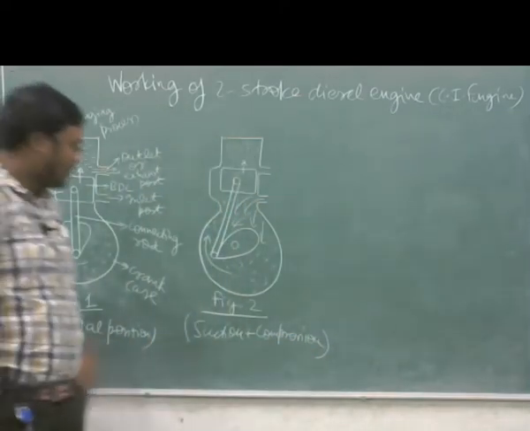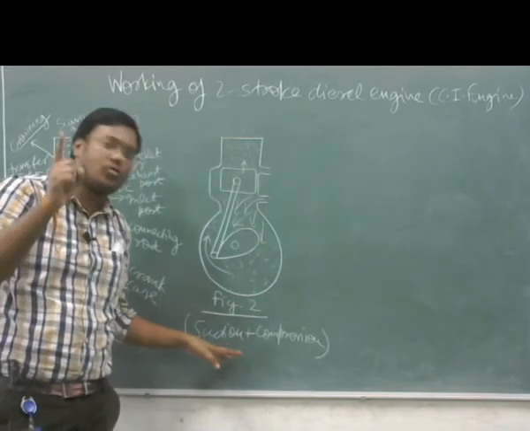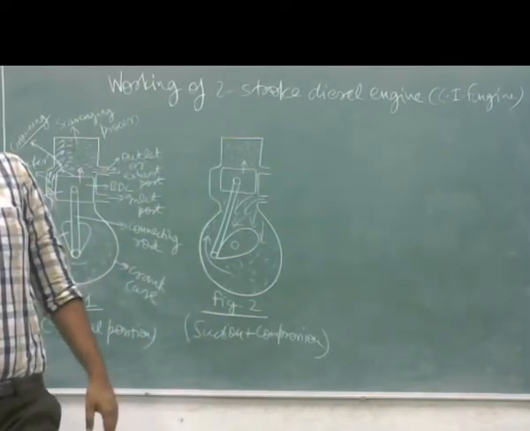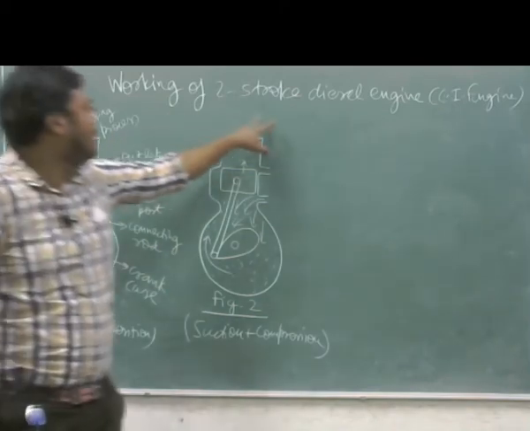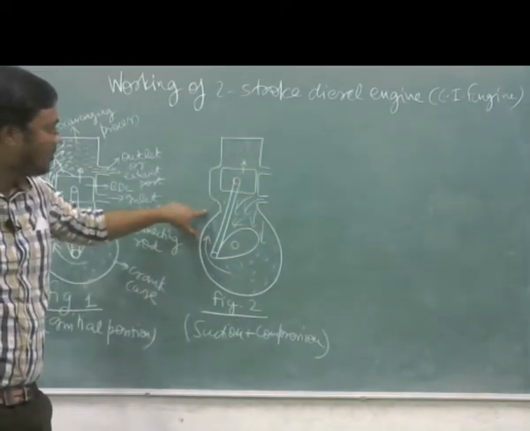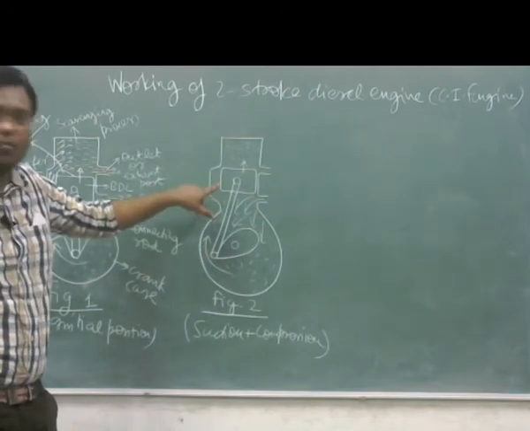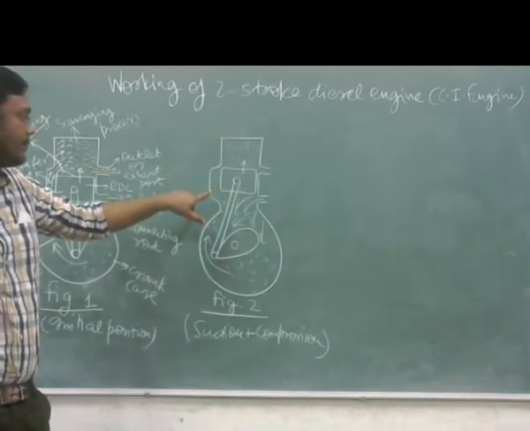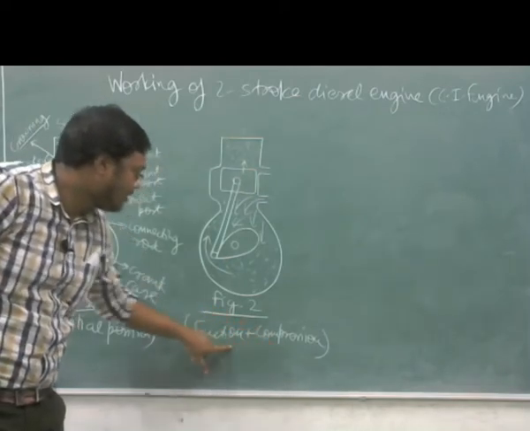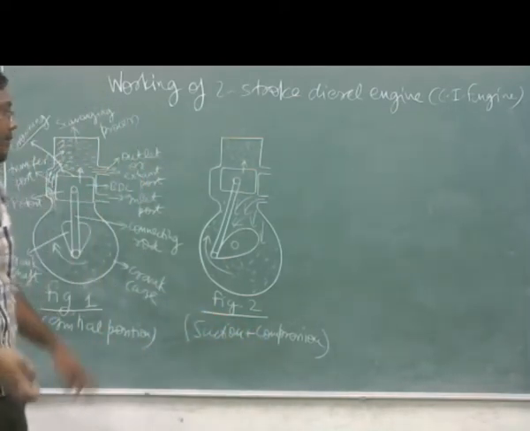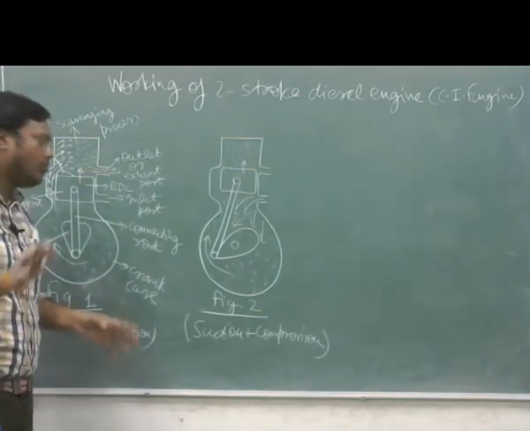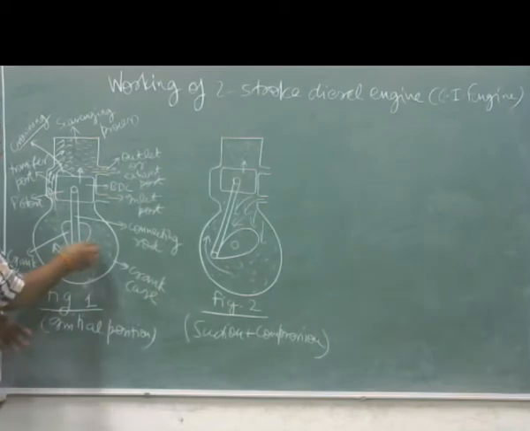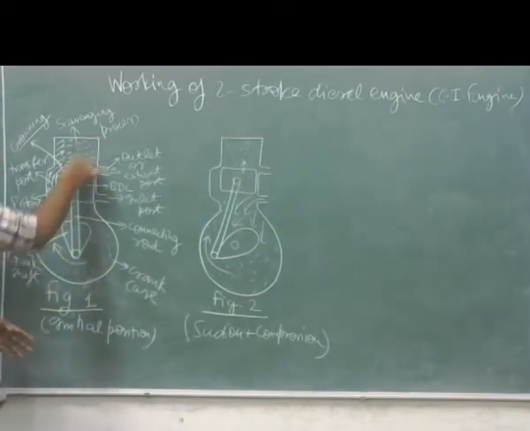So we have seen in the previous class that in 4-stroke engines, in one stroke only one process takes place. But in a 2-stroke engine, we can see from this diagram that in one stroke two processes are taking place. Suction and compression both take place in one stroke when the piston moves from BDC to TDC. Now you can understand where this fresh air comes from inside the crankcase, below the piston and above the piston.